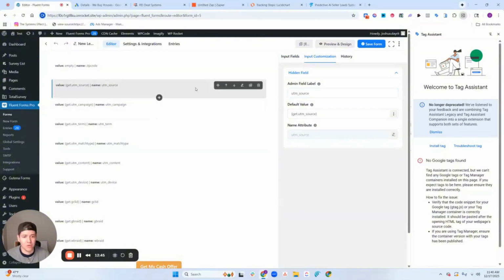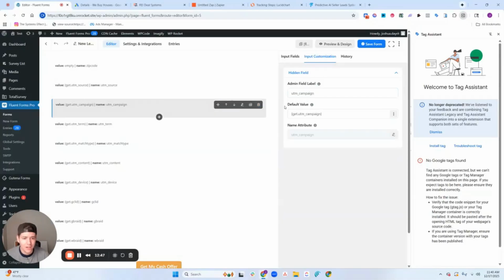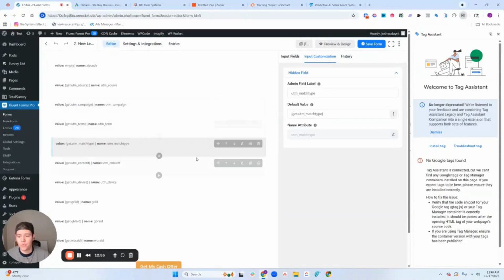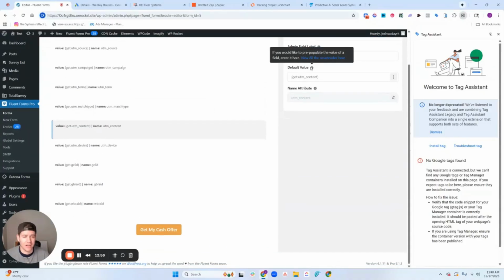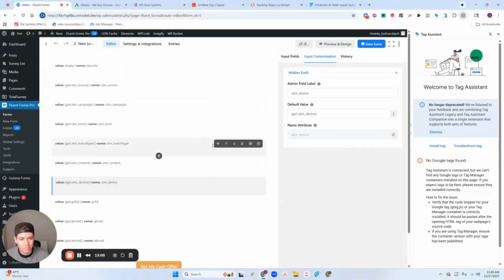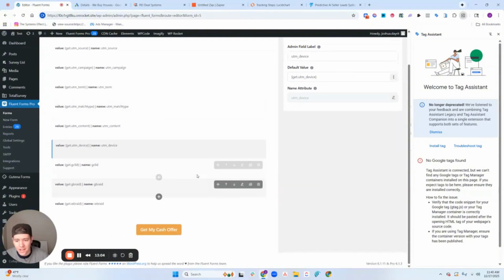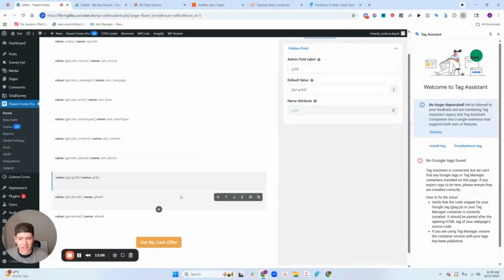So in this case, it'll tell you search, or it'll say PPC. The campaign name, the keyword that was searched, the match type of the keyword, the content, meaning like if it's a video or image, stuff like that. The device type being computer, desktop, tablet, and then we have the click identifiers, which is Google Click ID, GBraid,